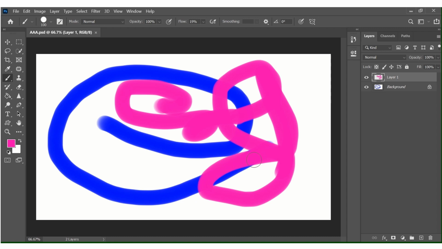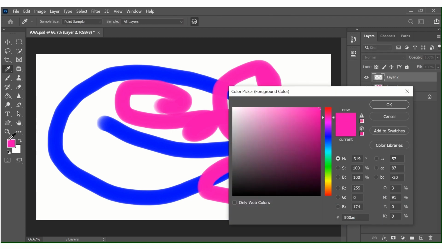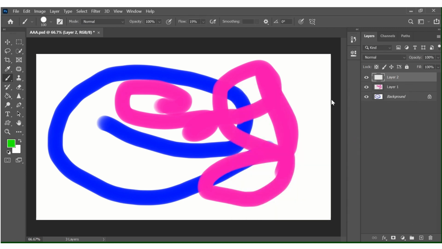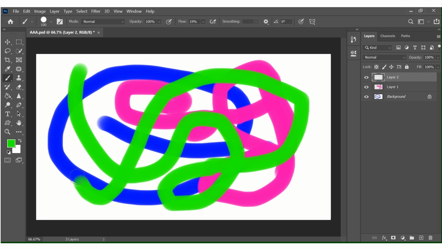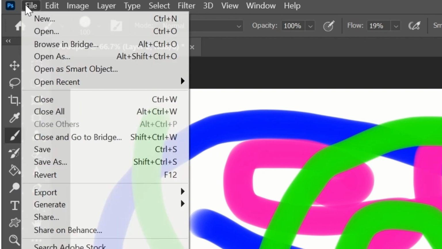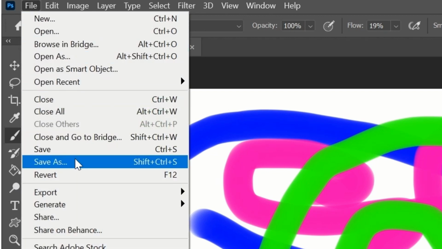Now, what if you want to save another copy and you don't want it to be added to what you've already saved? So for example, I create a different layer and I'll come down, maybe choose the color green, and then I paint onto this image. I want to save it as a different file. You just come to File, and then you come down to Save As,